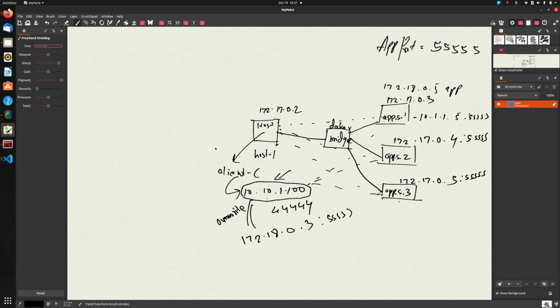Isn't it? If we can do that, it means that just before the routing decision happens in this host, and just after the packet has been generated, we could override this IP 10.10.1.100 with 170.18.0.3. It's important that we do it before the routing decision has been taken, because the kernel still needs to find a way to the new destination application, right?